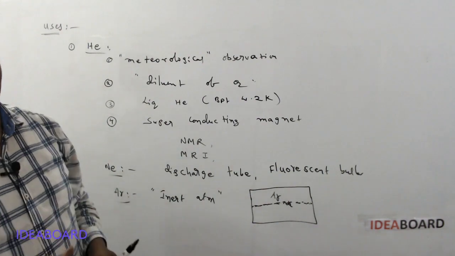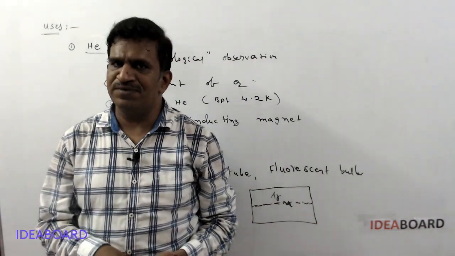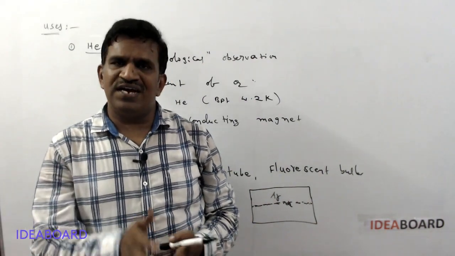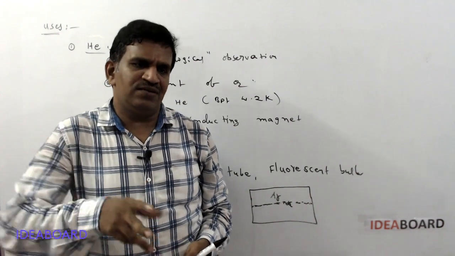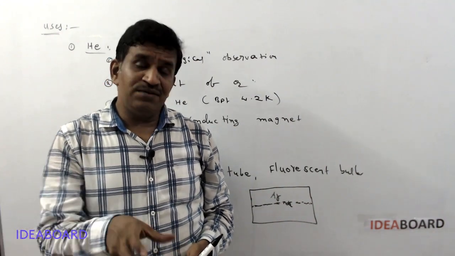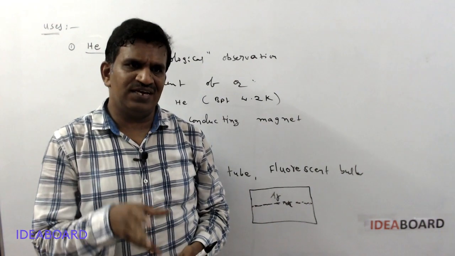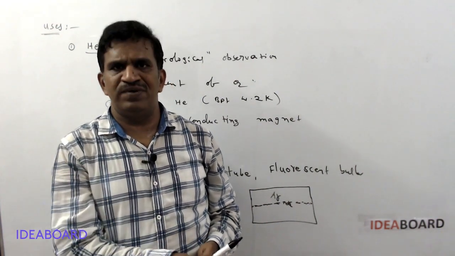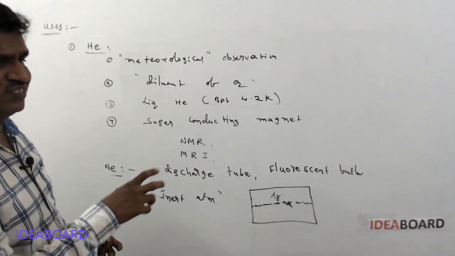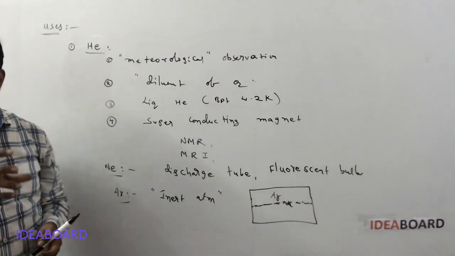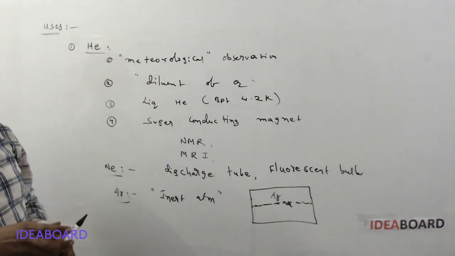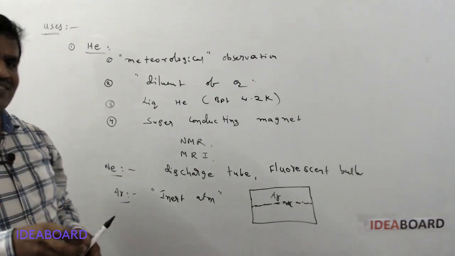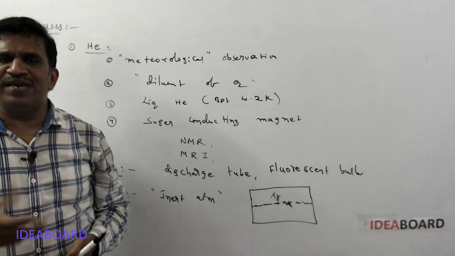Radon is used in radioactive treatment for cancer, radiotherapy in cancer treatment, and radon ointments are also there for final stage cancer treatment. Radon ointments are also prepared. They are also used for final stage cancer pains, to reduce or to get relief from the pains of final stage cancer patients.